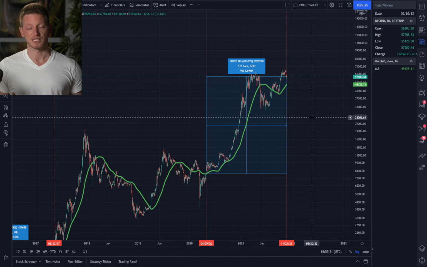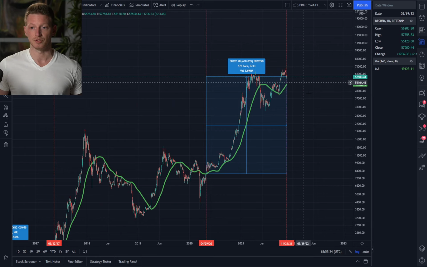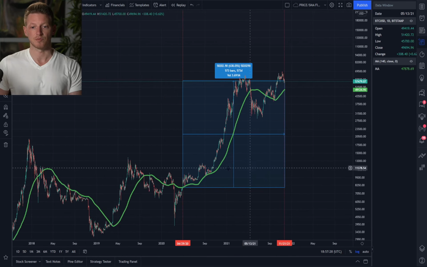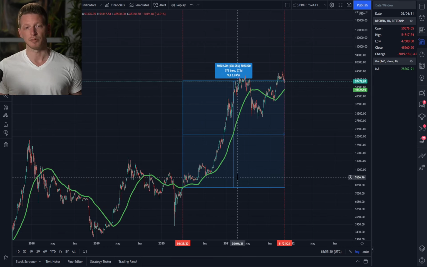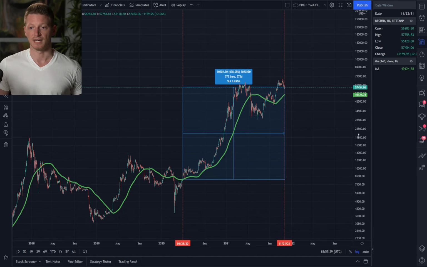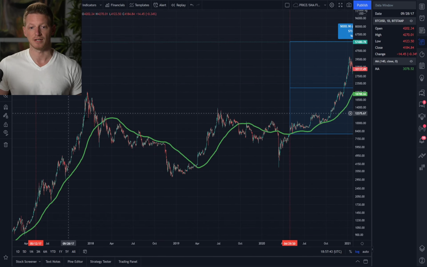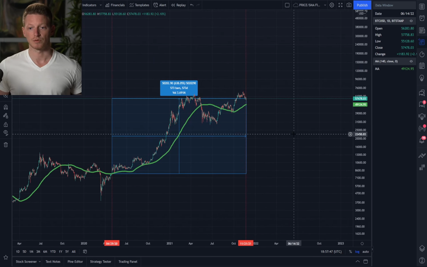So things are still looking good. I think this is a healthy move as long as we're able to move off of it. And, like I've said many times before, this 20 week thing doesn't apply just to Bitcoin. Go look at NASDAQ or the S&P and look at a bull market. It bounces off the 20 week. It happens all the time. So this isn't a factor that's somehow unique to Bitcoin. Just something to watch for, guys.